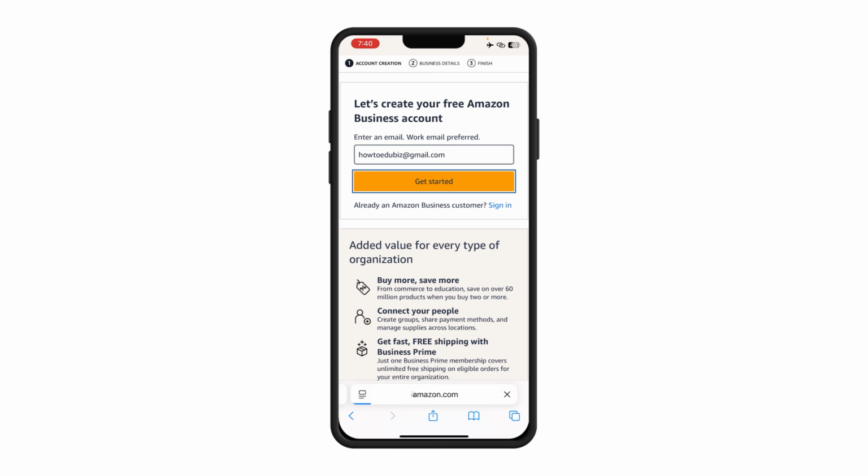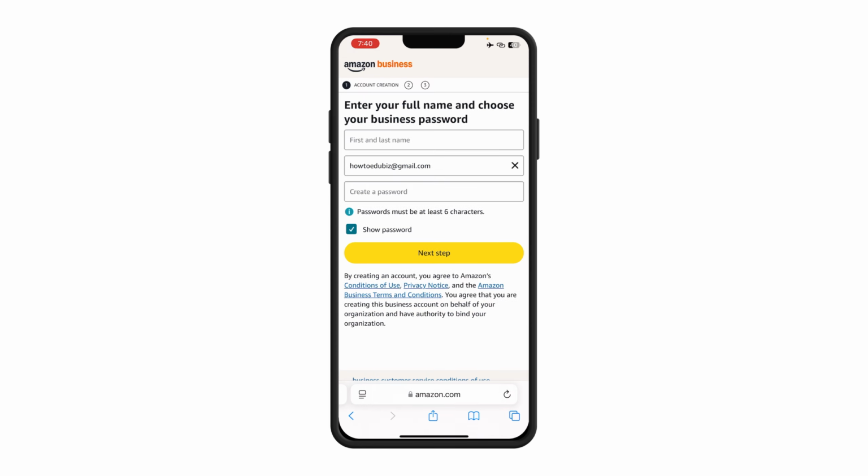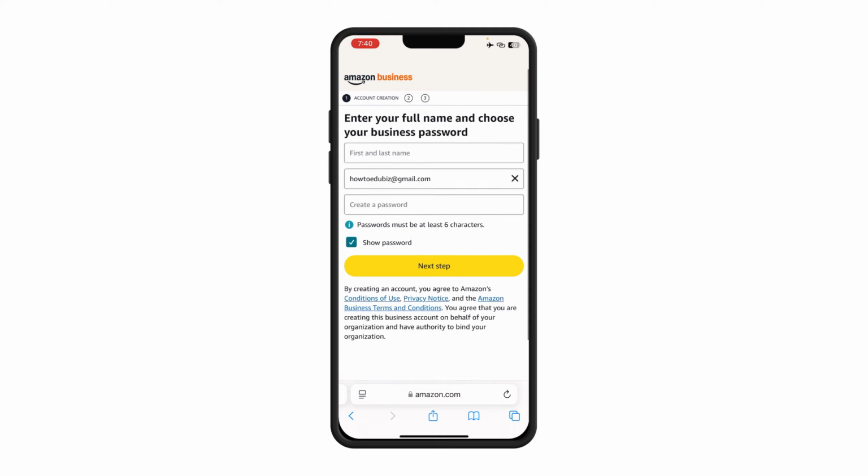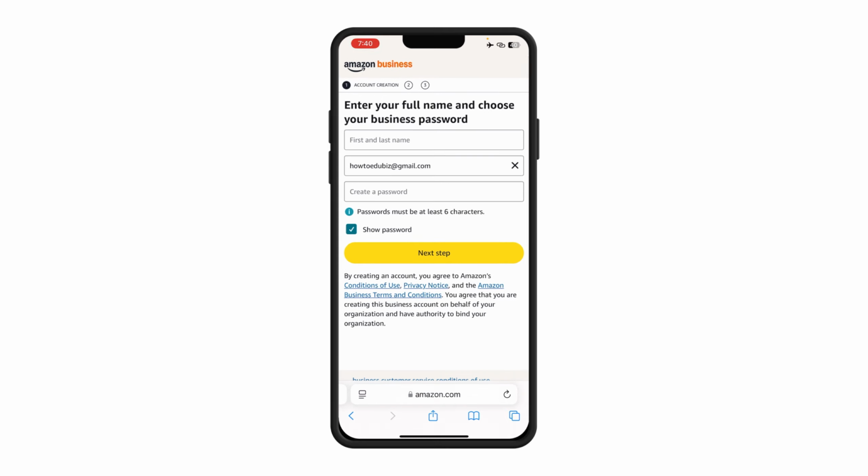Click on get started, right? So fill in these details. Once you are done filling it, you're going to click on the next step. Then you're going to get a verification code where you can verify that you've successfully created your